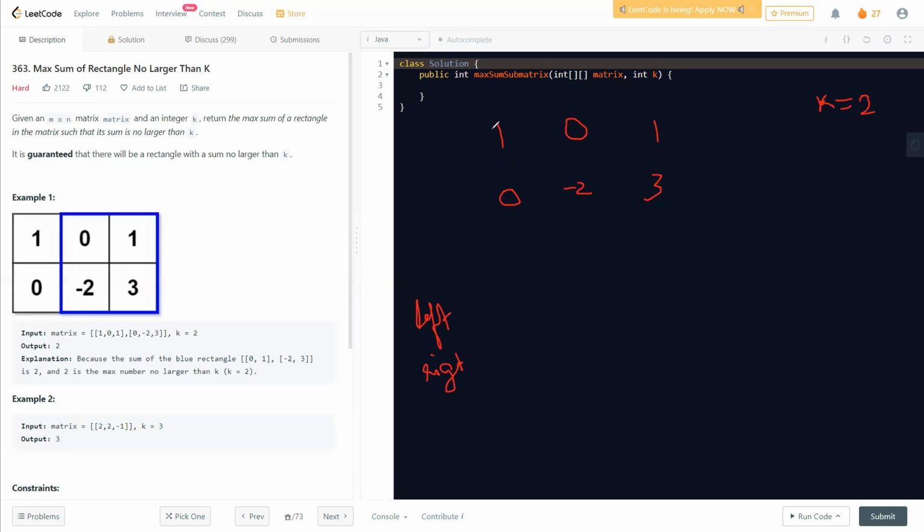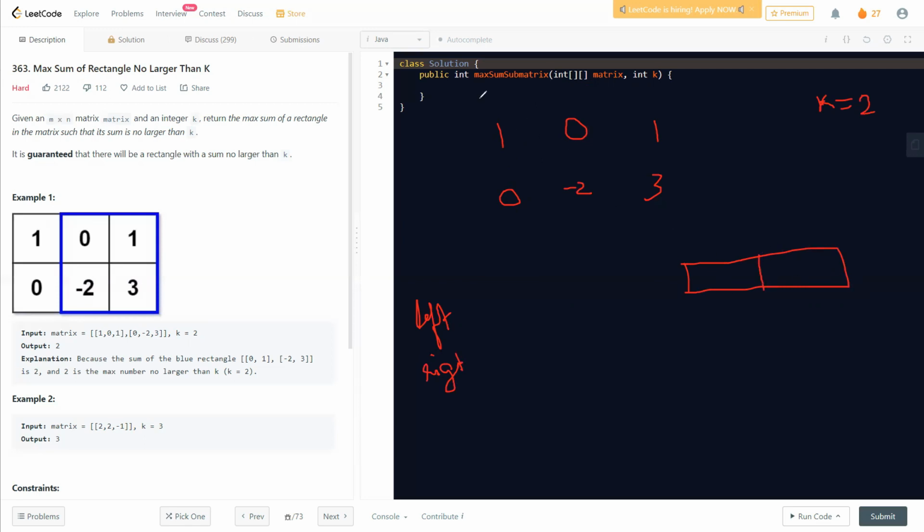trying to check. Now for each of the columns, what we'll do, we'll keep an additional array. The array length will be the number of rows we have in our particular column. So how many rows are there in our first column or any of the columns? You know there's like 2 rows, so this array will be 2. Now how will we go ahead